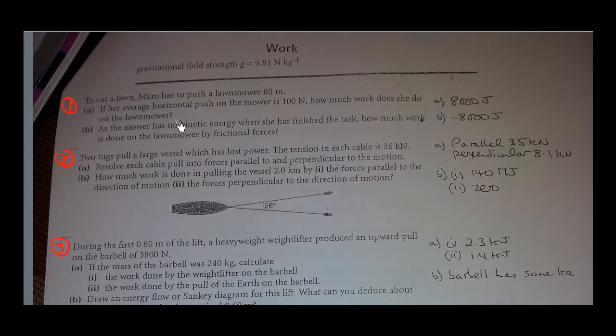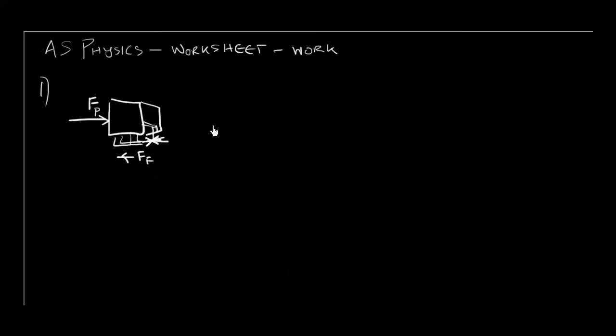So there's a lawnmower and somebody's pushing it 80 meters along, and they ask you for the work done by the person pushing and then the work done by the friction. So here's my bad diagram of a lawnmower, and the forces acting on it are the force of the push of the mother who's cutting the lawn, and then the force of friction. They tell you that it moves 80 meters, so they give you the distance,